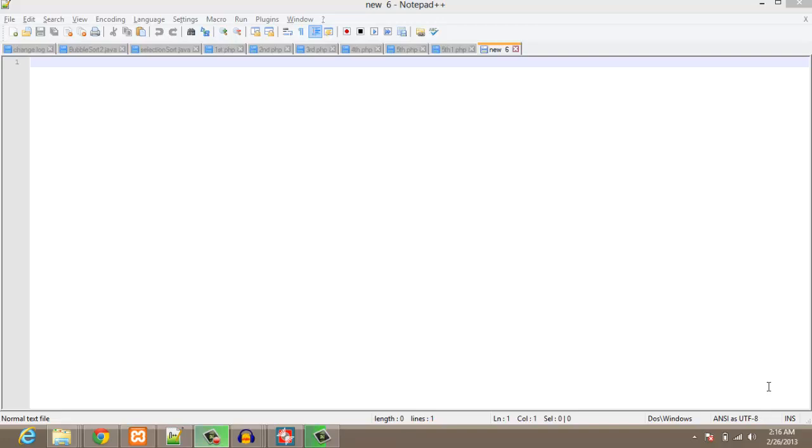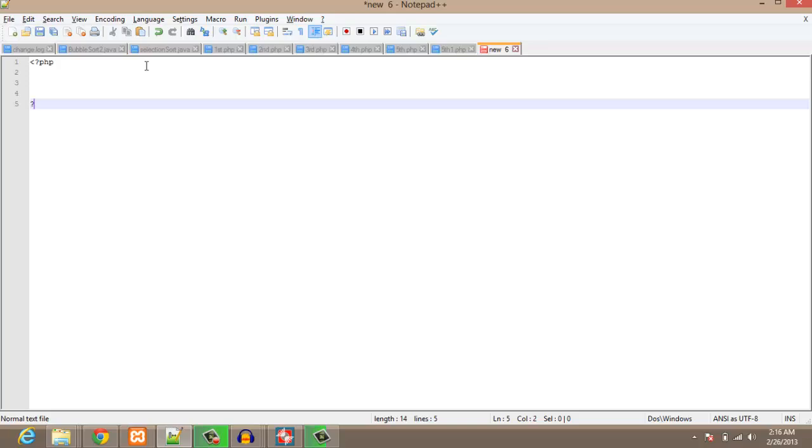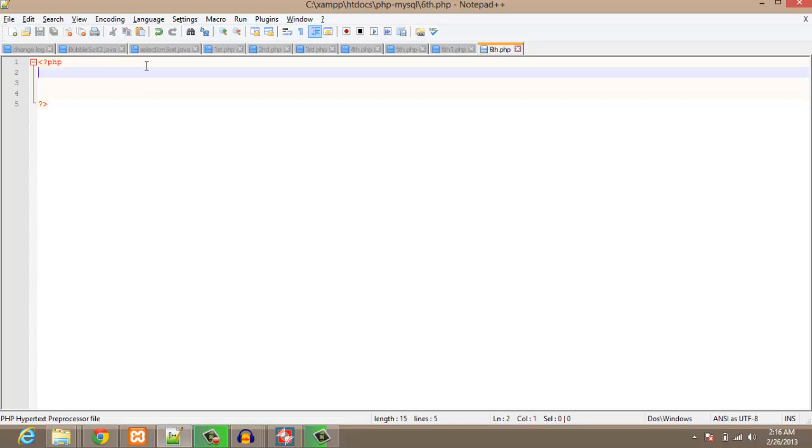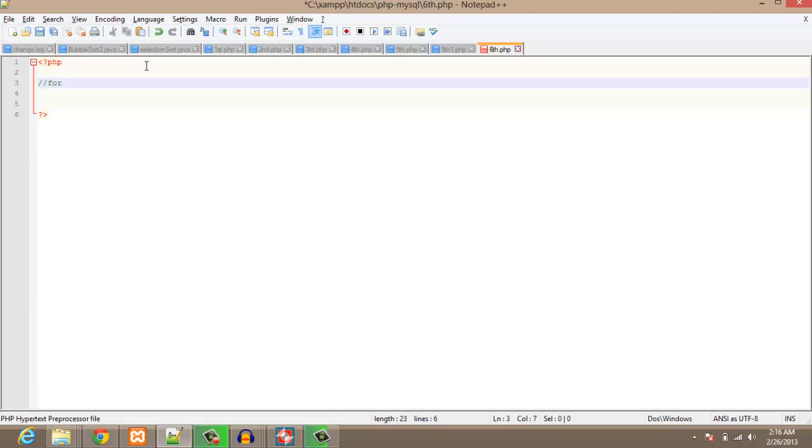Let's work with some scripts in PHP and make this topic much more clear. So I will just write my PHP tags over here and save it as sixth.php, right? So there are basically four kinds of loops: for loop,